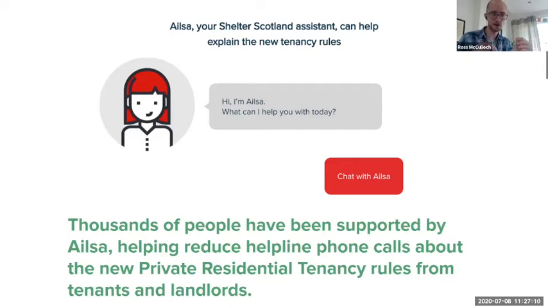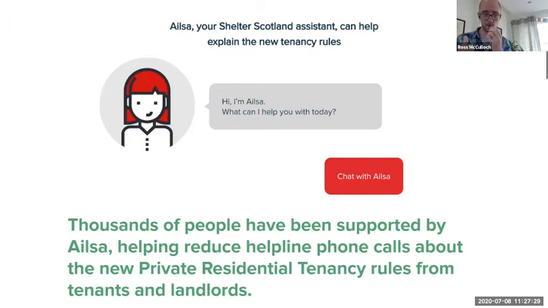At the end of the conversation, Ailsa will ask, do you want to speak to an advisor? She can either put you through to live chat or on the telephone line. Out of all of those queries, only 9 people went on to speak to an actual advisor. They saw far fewer queries swamping their helpline with the same repeat questions.